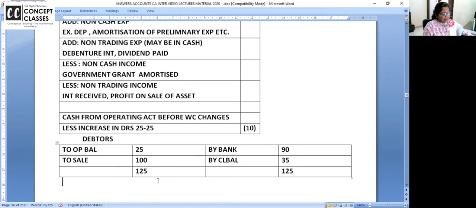I want to give 5 minutes more to this concept by one more example. Let me make in the similar way the creditors account. So in creditors you will get the purchases. Purchases is already there. And if there is an increase in the creditors, it was 6 rupees, now it is 8 rupees. So it's inflow, no? You have got more time to pay 2 rupees additional. Right or not? So like this you have to do. I'm not making the creditors account. I hope you have copied this.